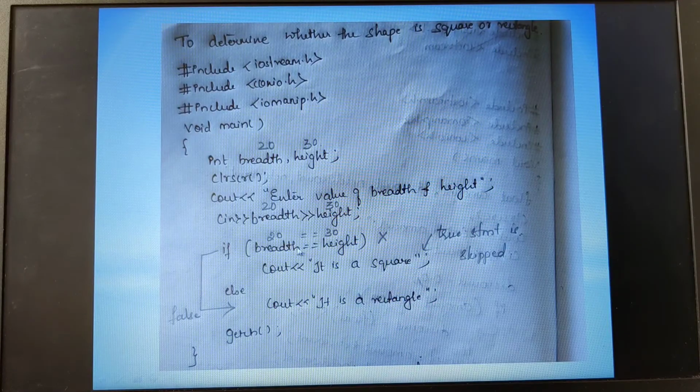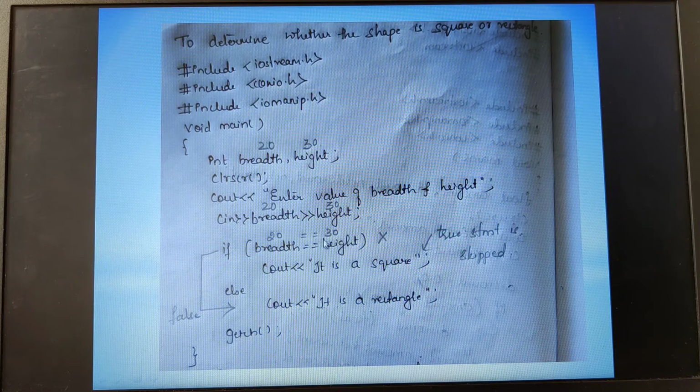Next I have to check if breadth is equal to height. Let me consider the value of breadth as 20 and the value of height as 30. Once you enter, it checks for equality. Remember, this is the equals-to sign.